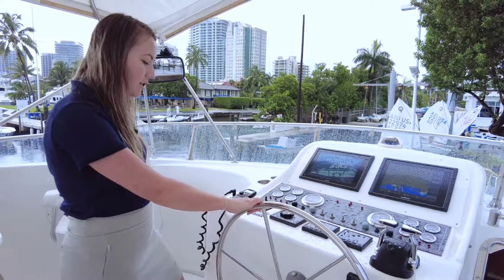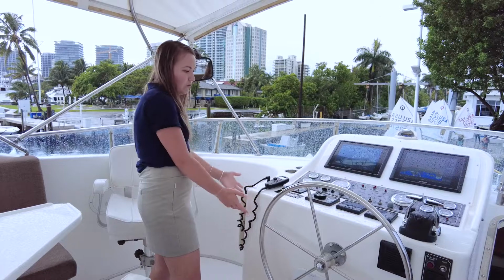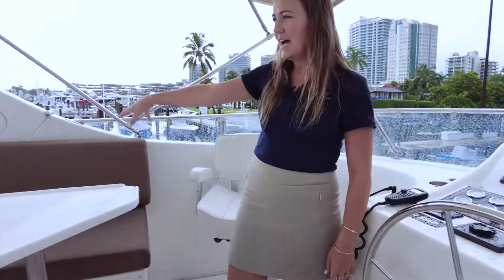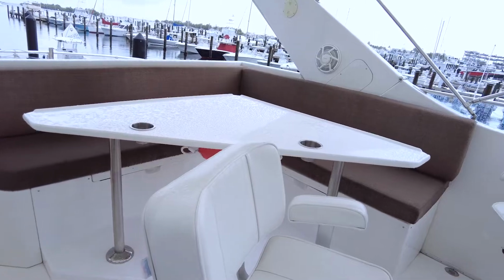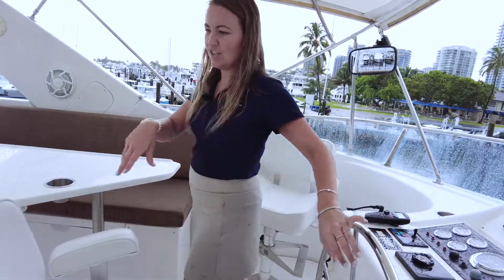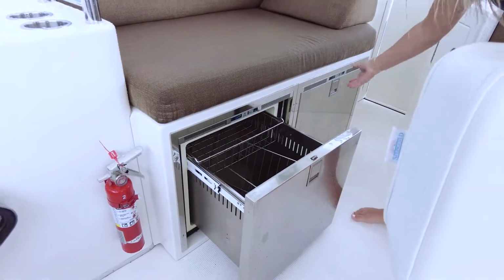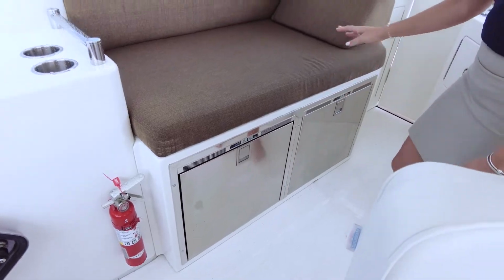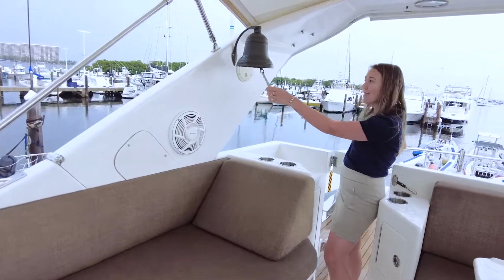Stainless steel, large steering wheel. You have your VHF here and another phone that actually works on satellite, and a nice helm seat. As we look aft here, there's plenty of seating on the Flybridge, so this is just a great area to pilot the boat from, relax, hang out. There's drink fridges here, an ice maker. I think there's only 2 Vertigo drink fridges, or for whatever you choose, but it's a really great feature. And cup holders, ship's bell,